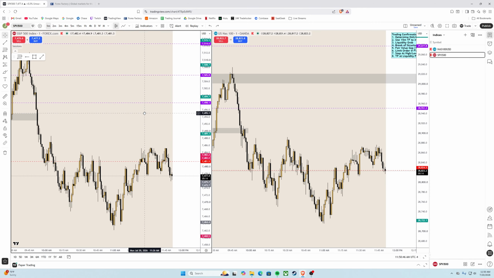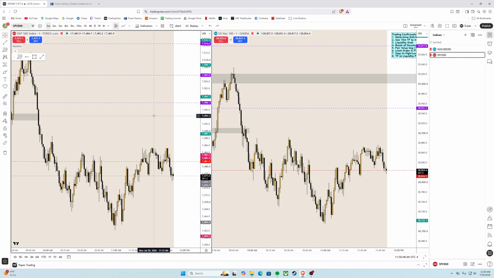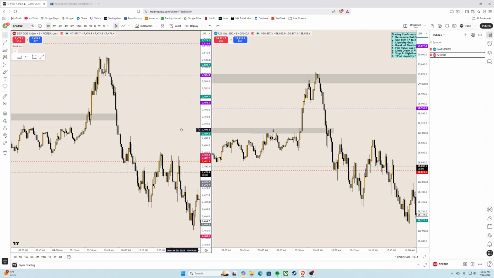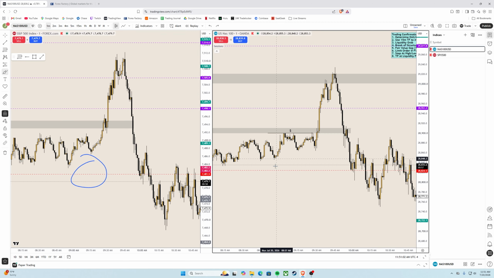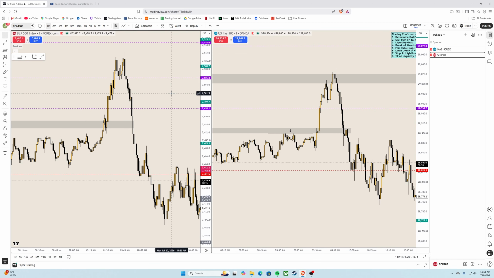So moral of the story on this day is that if you have a bias, and price just decides to go in the direction of the bias and hit the targets without tapping into your point of interest, which is the liquidity that you want to see purged, then just step away from the charts. Literally 3 minutes into this trading session, once I saw price explode and go after targets, I closed TradingView. There's nothing for me to do, right?